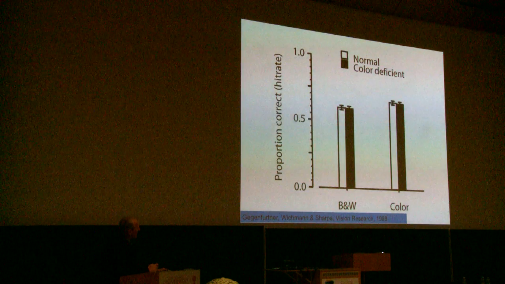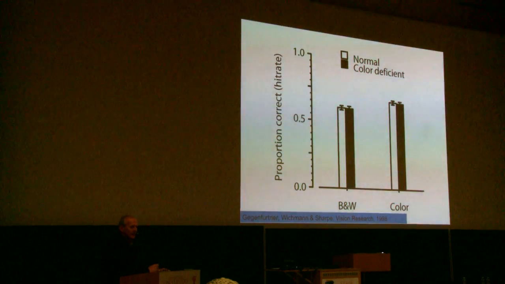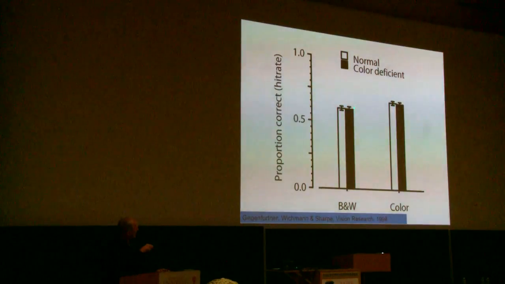And when we did the experiment, we basically couldn't believe our eyes. What happened was that the memory performance for the color deficient observers was exactly the same as for the trichromatic observers, and they also showed this advantage of color,